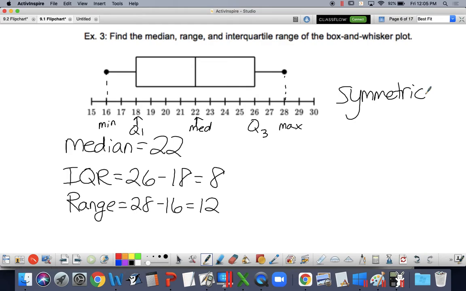Now given we don't have all the information, can you tell me all the data points that went into making this box and whisker plot? No. You cannot back out those data points. That is the tricky part about these types of things. You don't know all of the data, you only know this summary of the data. And sometimes that's enough.